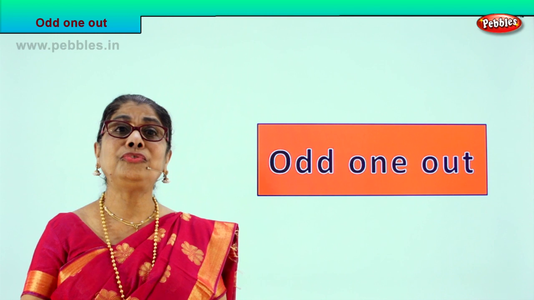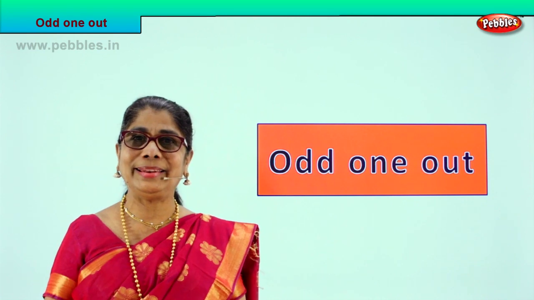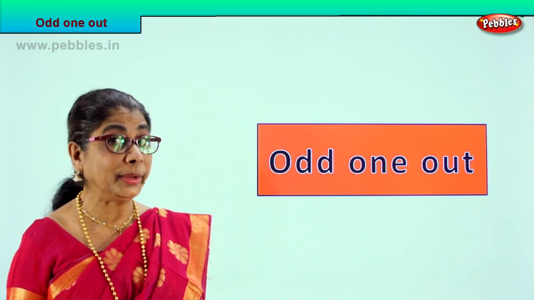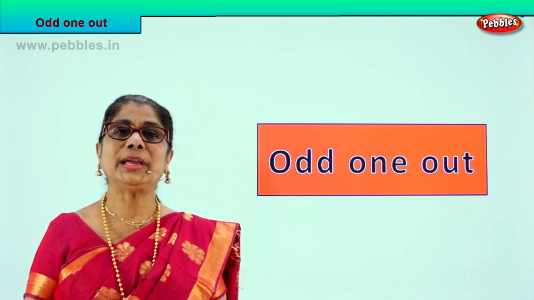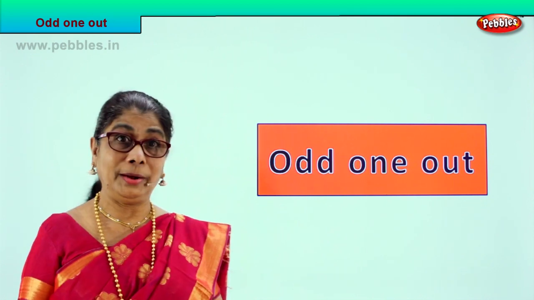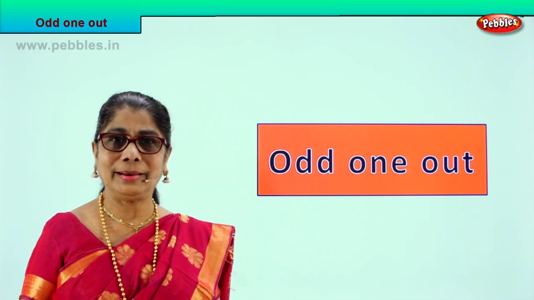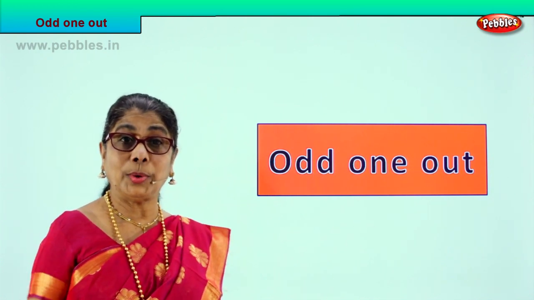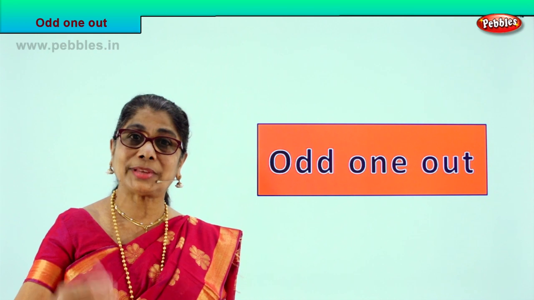And if there are 3 cars and 1 aeroplane, which is the odd one out? The aeroplane. So like that, different pictures I'm going to give you. I'll give you 4 pictures and you look at all of them carefully and tell me which is not part of that group. That is what we call odd one. If there are all cars, 1 is an aeroplane, that's a different one. And if you have all girls and 1 boy is there, the boy is the odd one out. So we are going to pick out the odd one from the 4 pictures I give you.